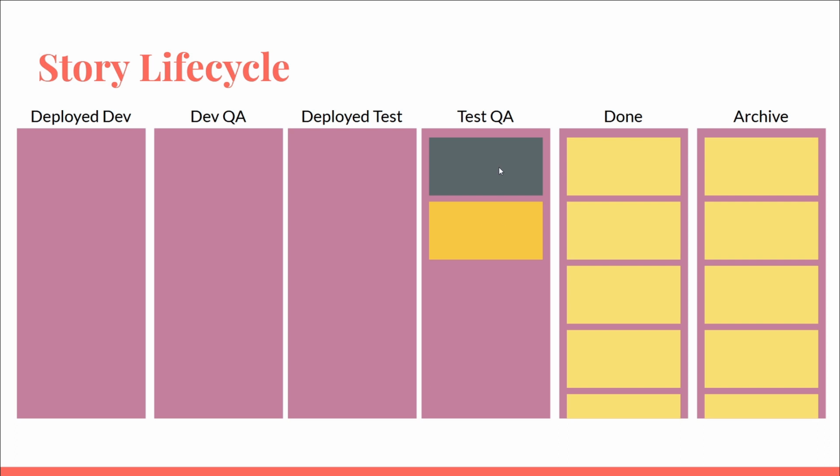And then they're going to go through and try and break it also. And this is really good to have. We found that it works really well to have two sets of eyes QAing the ticket because you'll find that one person may test it in a completely different way than another person.